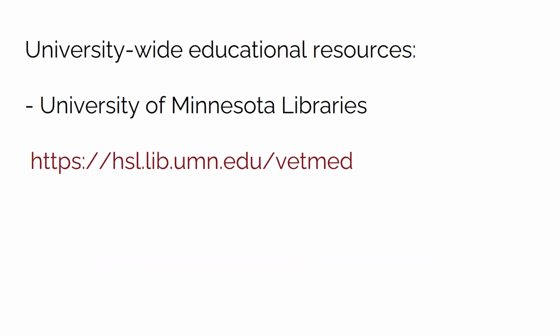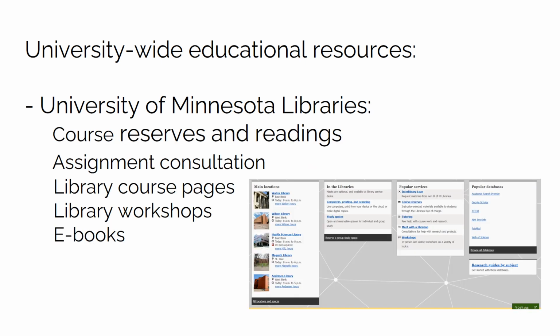And then there are the libraries, and again, you see the URL there for the libraries in general. The libraries can create course pages for you where you can reserve materials. They can give you consultations about assignments, about copyright issues, things like that. They do have some workshops that they provide, and they also provide a program every year that you can apply for